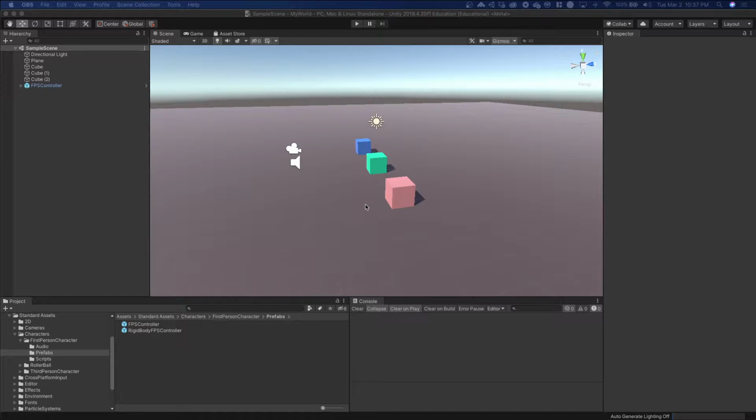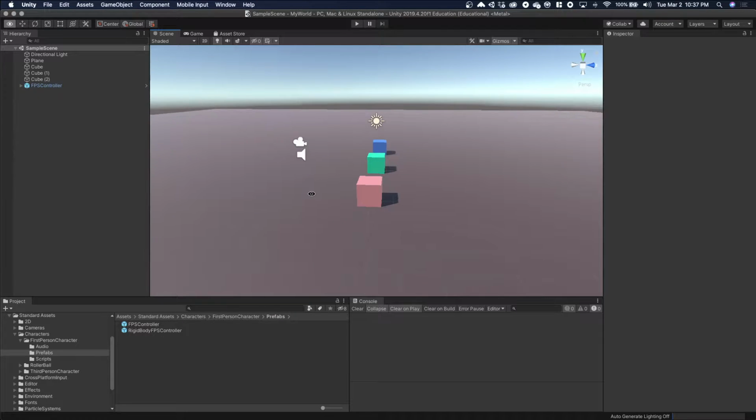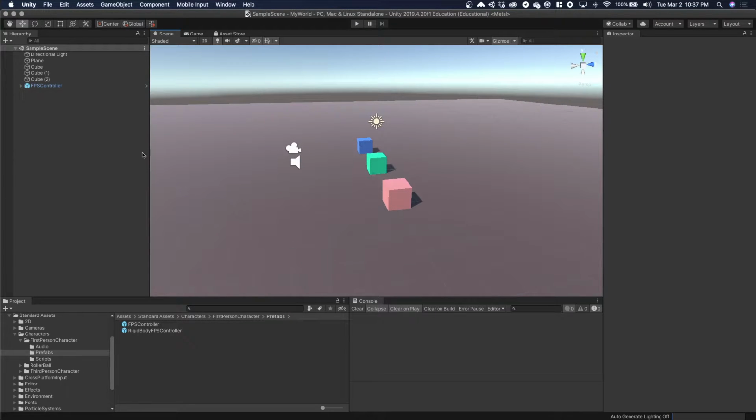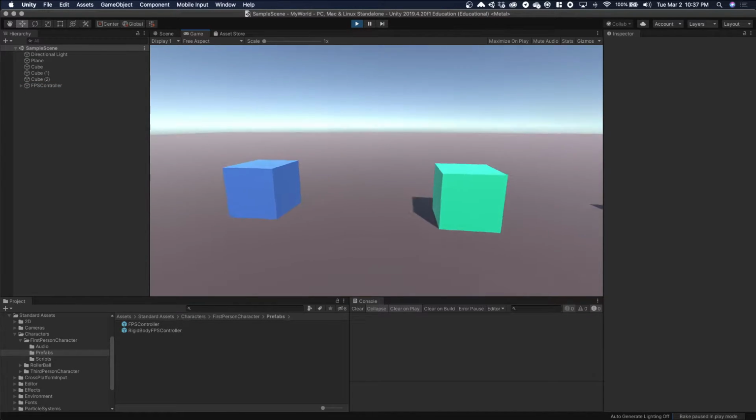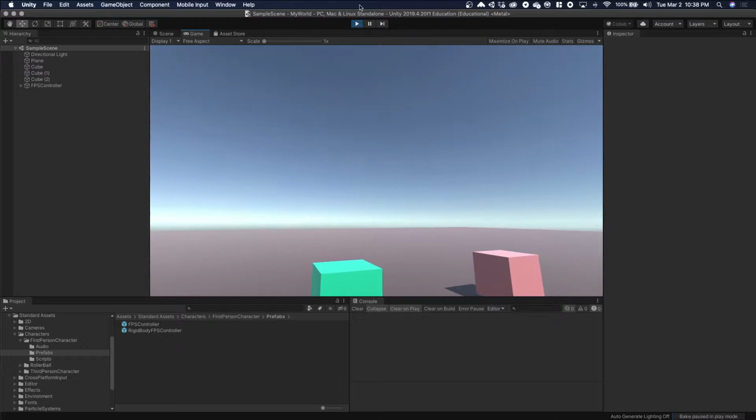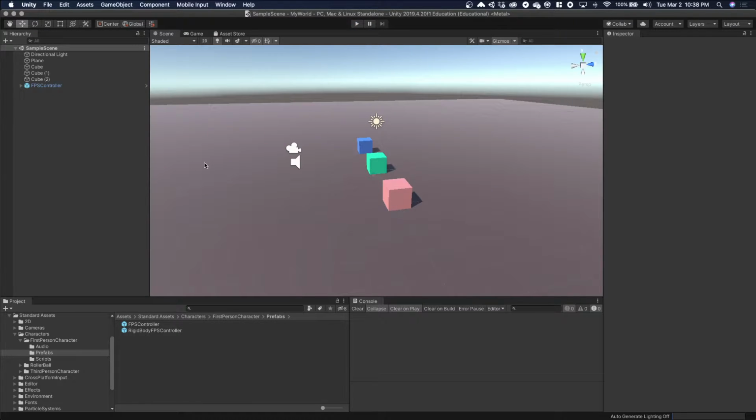Hi everyone. In this video I'm going to walk through demonstrating how to create a build of your application from Unity. So assuming you have a scene set up and it plays correctly and there's no errors showing up in the console, so something like this, you should be able to create a build of your scene, and you do this by going up to File,